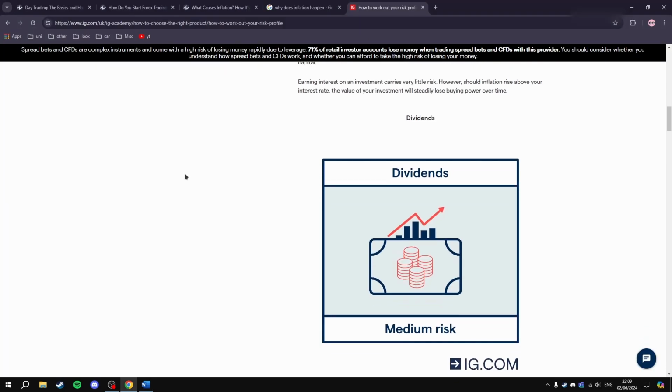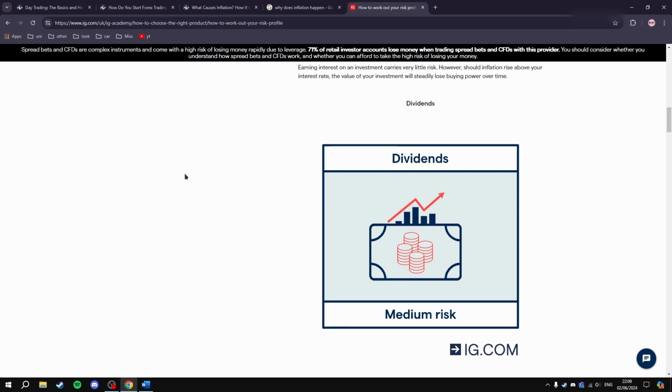Earning interest on investment carries very little risk. However, should inflation rise above your interest rate,